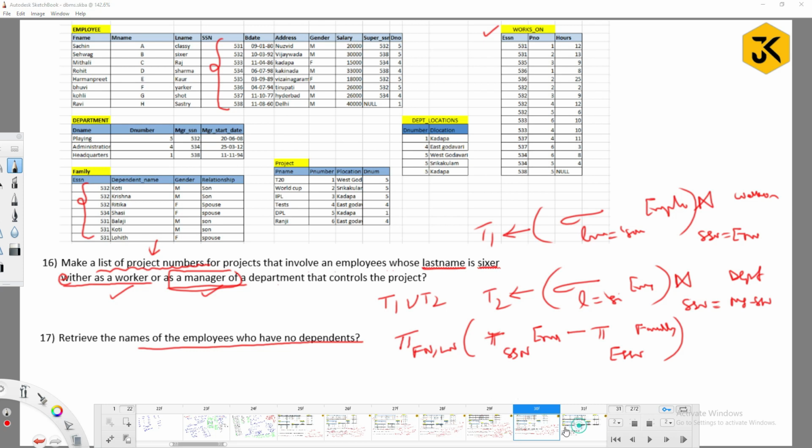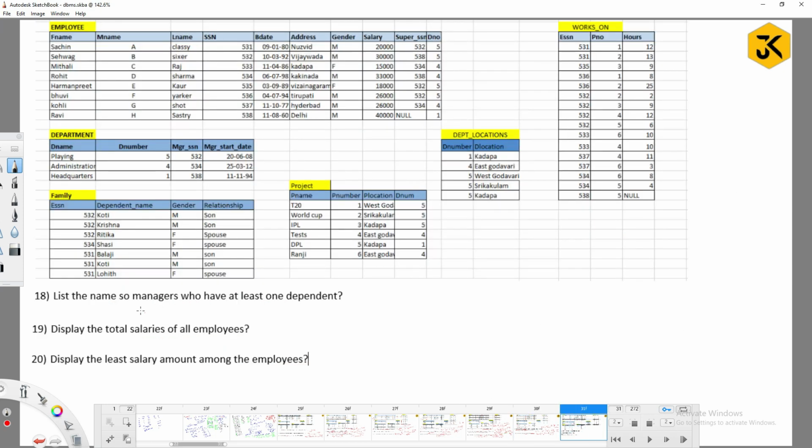Next, list the names of managers who have at least one dependent. First, what can we do? Can you find out the manager names?